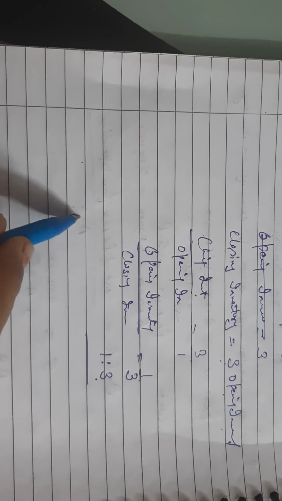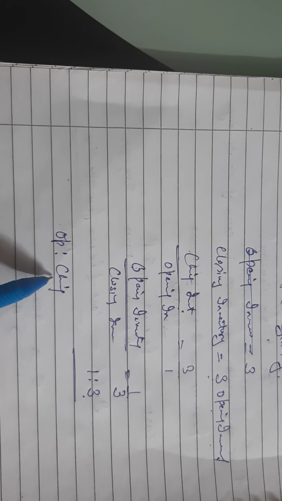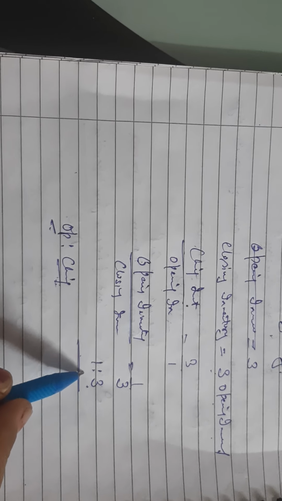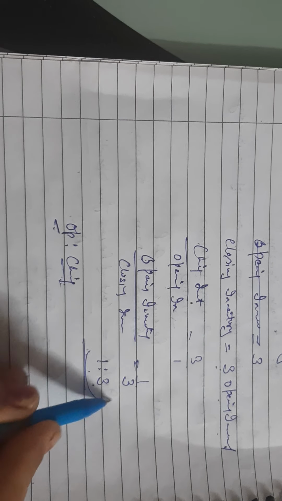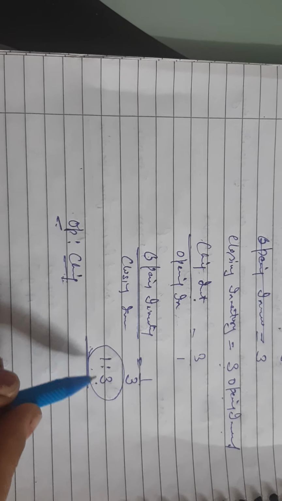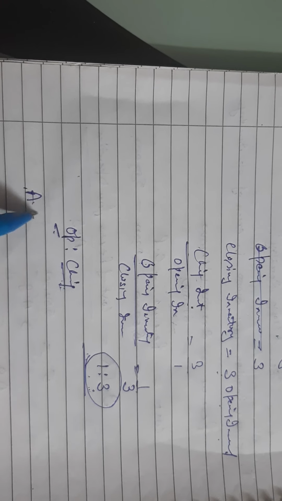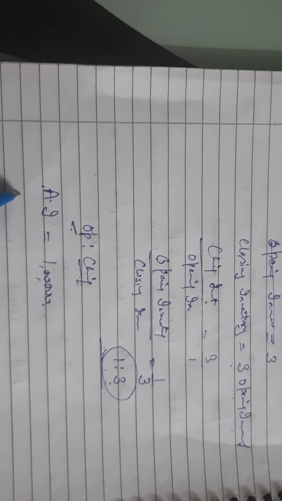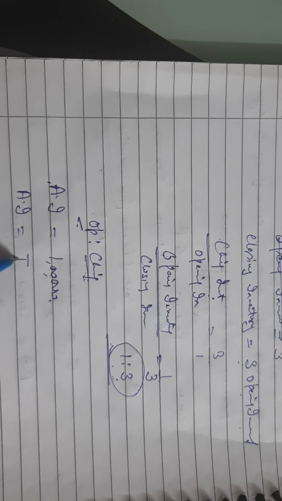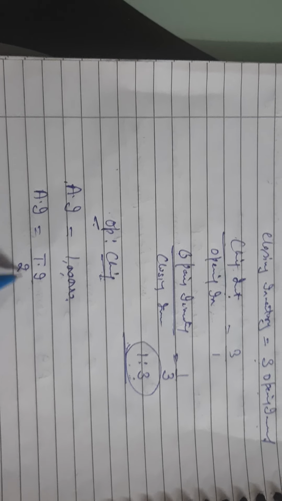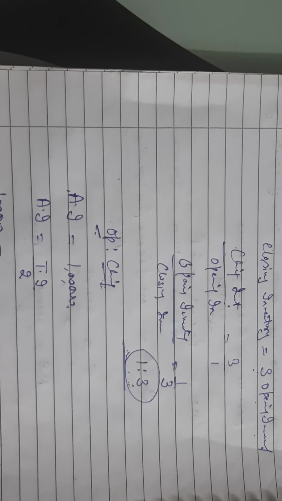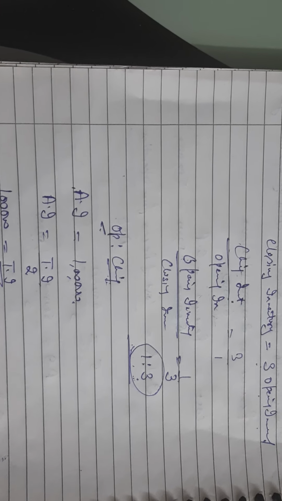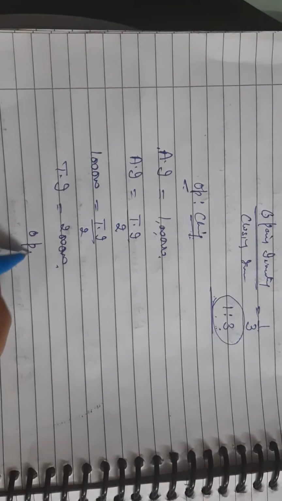और आप directly भी कह सकते हैं कि opening inventory और closing inventory, because we have given the closing inventory is 3 times the opening inventory, it means कि opening और closing inventory का जो ratio है it is 1:3. Now if the ratio is given in the opening inventory closing inventory, how to find out this one? Because in the last question we have the average inventory 1 lakh, and we know very well how to calculate the average inventory. For the average inventory we will find out the total inventory divided by the 2, and average inventory if we have 1 lakh and total inventory by 2, it means the total inventory will be 2 lakh.